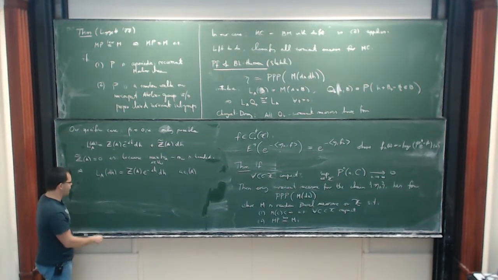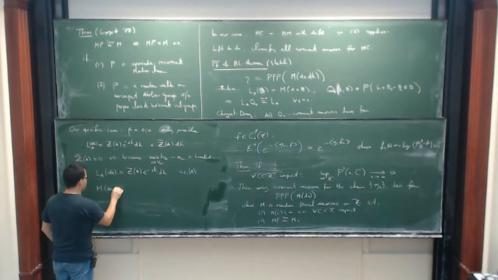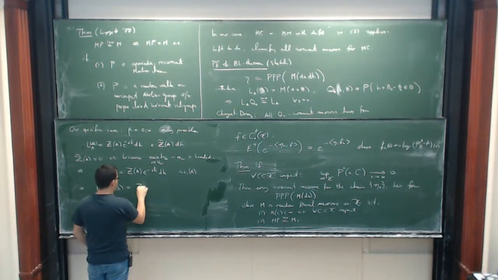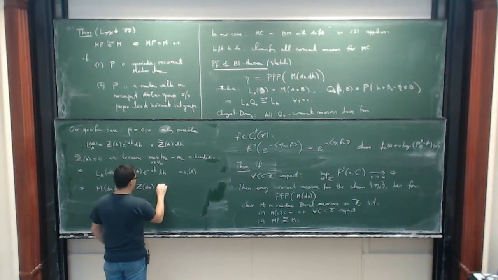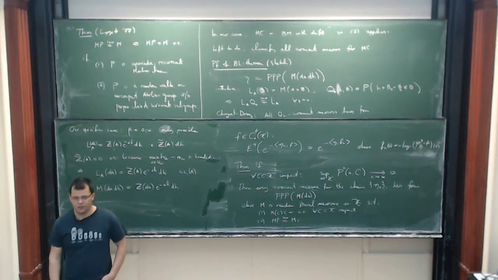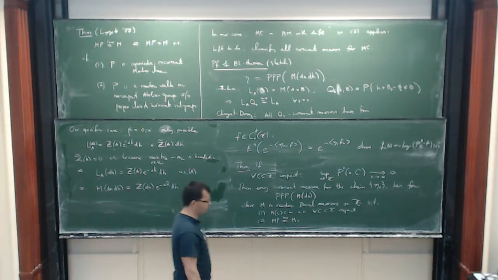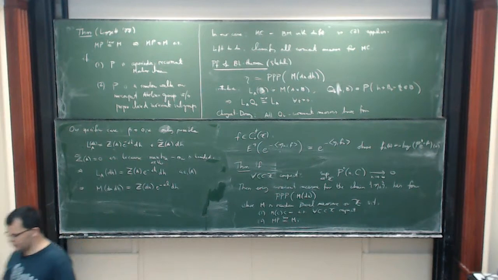Okay, so there's a little caveat of this. So this means that m dx dh is equal to z of dx e to the minus alpha h dh. And this is how you get the structure of the limiting process. Okay. Now let me, because I want to somehow wrap this up at least, let me say one more thing.